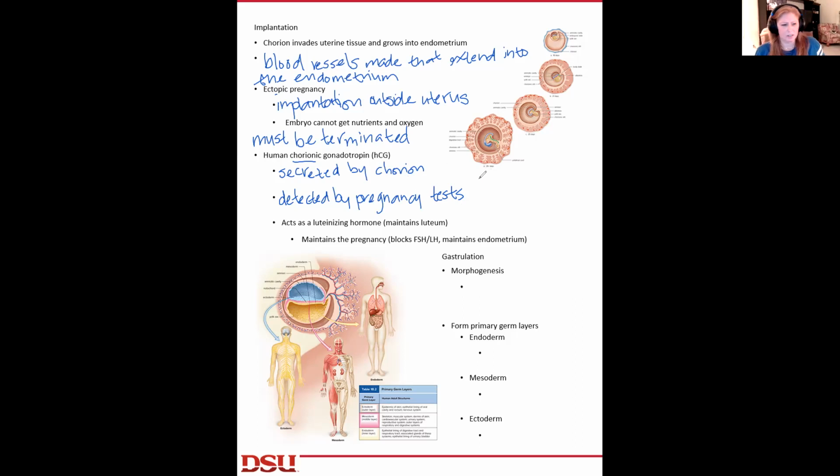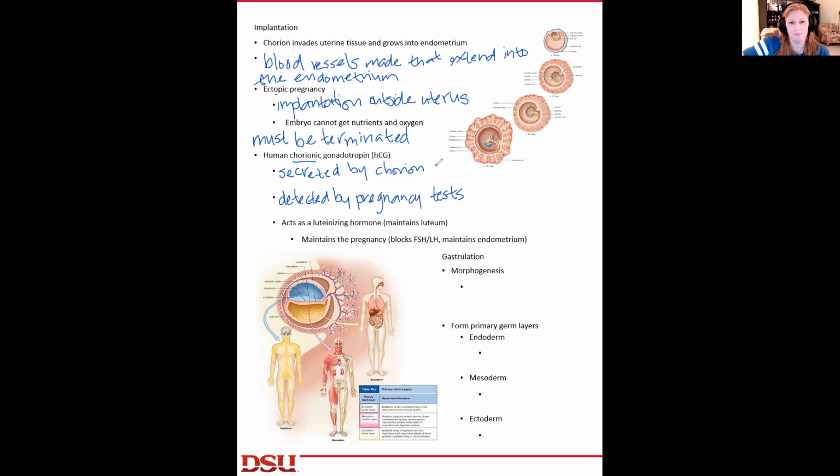Women would have to go into the doctor and blood would be taken, and the blood from the woman who was suspected of being pregnant was actually injected into a rabbit. And if the woman was pregnant, it would be fatal to the rabbit. So your positive pregnancy test came back if the rabbit died. There are still sitcoms from back in the day, including the Dick Van Dyke Show. I don't know if you guys have ever even seen that, where it makes reference to that type of pregnancy test. It's pretty interesting. Okay, anyway, so HCG is secreted